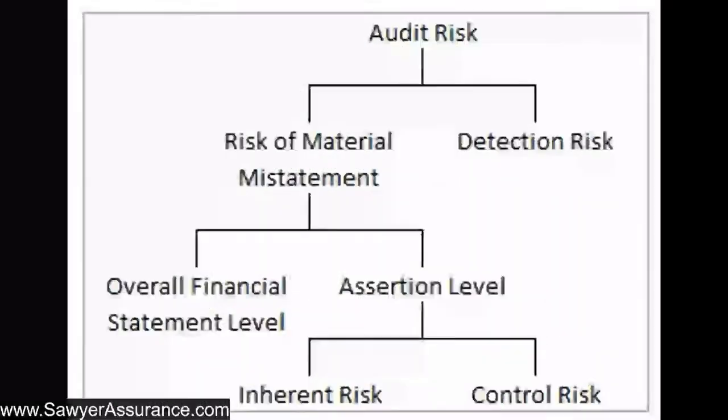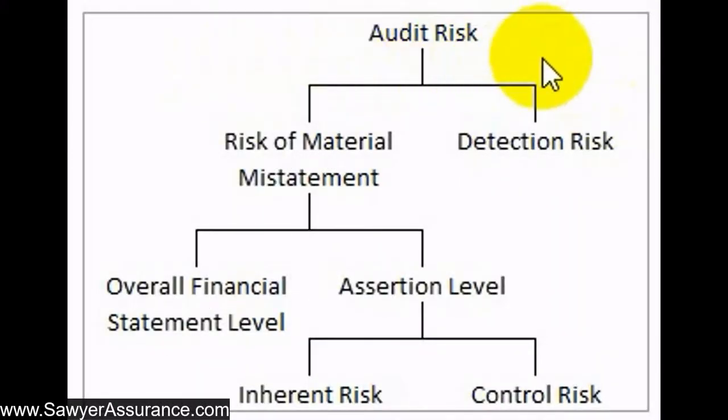Okay, to sum us all up, I've got a figure here of what we just discussed, which makes it easier to see how all this is connected. So at the top we have audit risk. That's the risk that the financial statements might be materially misstated, and we say that they're not. And this audit risk is composed of both the risk of material misstatement and detection risk, or rather, the audit risk is a function of these two, and these are inversely related. So the more risk of material misstatement there is, the more procedures we need to do to reduce the detection risk.